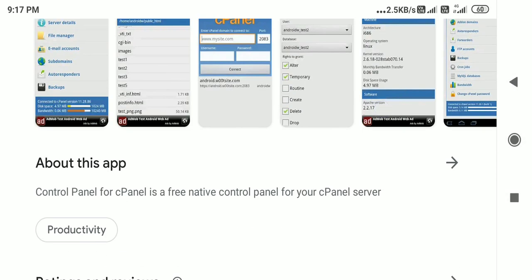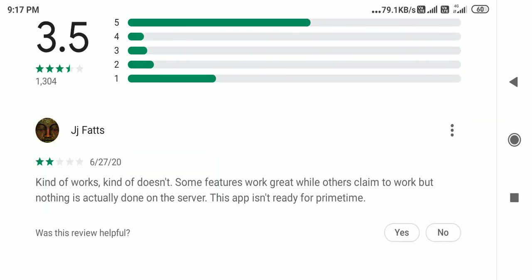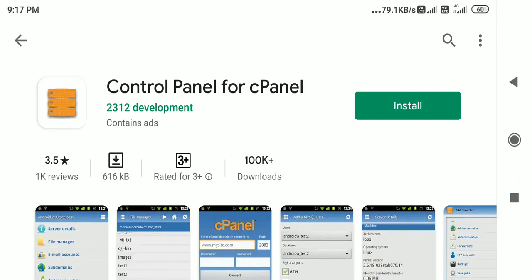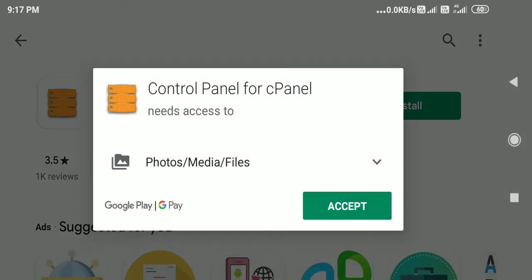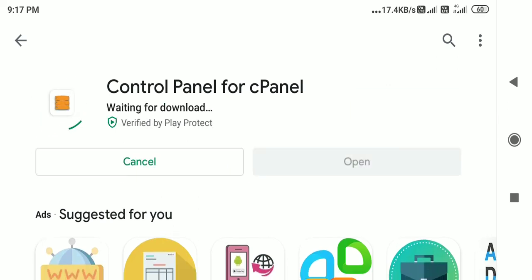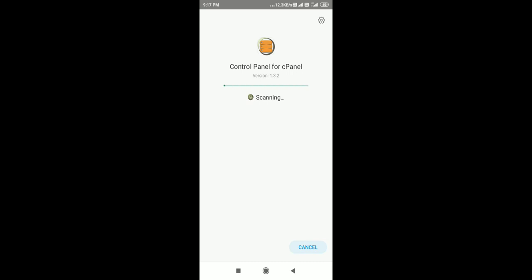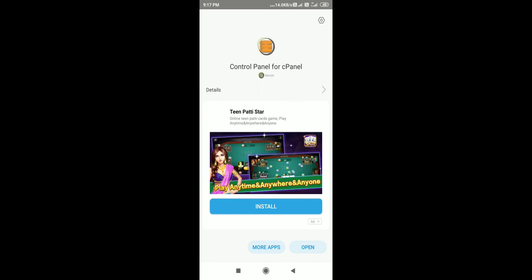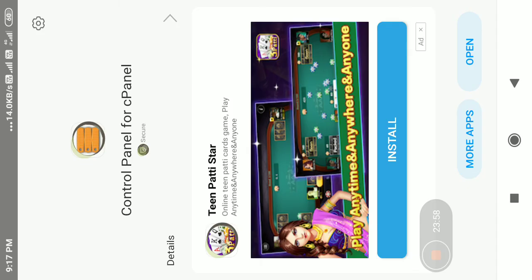Control panel for cPanel. So this is the one you want to install. Now let's install this. Okay, open.